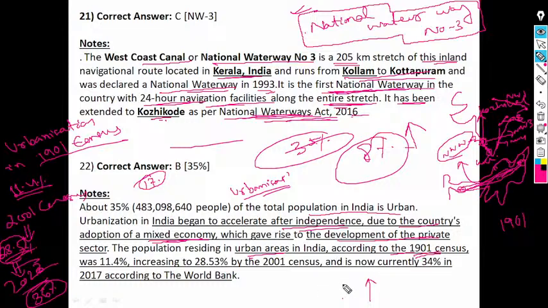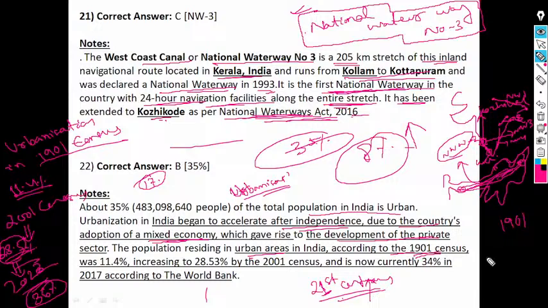Which is much faster in this 21st century particularly. In the 21st century, urbanization is much faster now. Urbanization is a particular sector. Urbanization is much more habitable in the 21st century. Our urbanization